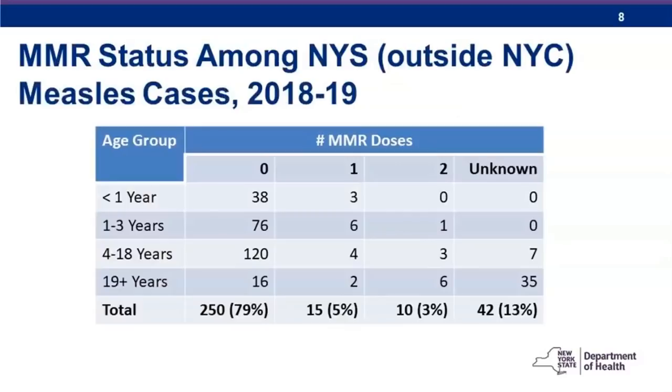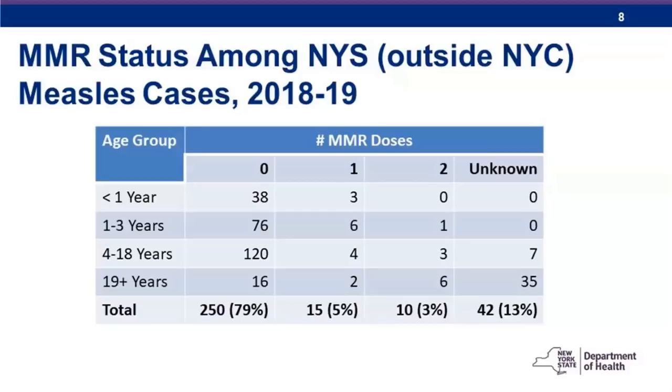This is a look at the measles vaccine status of the known cases in New York State outside of New York City as of last week. So the totals today might be a little bit higher than these totals. But I think this really illustrates the degree to which unvaccinated people have driven this current outbreak. You can see that across all age groups, 79% of the measles cases had no vaccine whatsoever. Another 5% had one dose of measles-containing vaccine, 3% had 2 doses, and then there's another 13%, or 42 people,